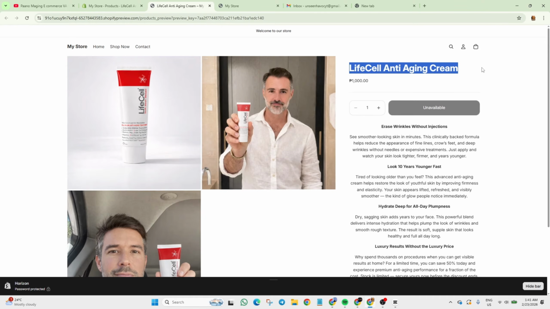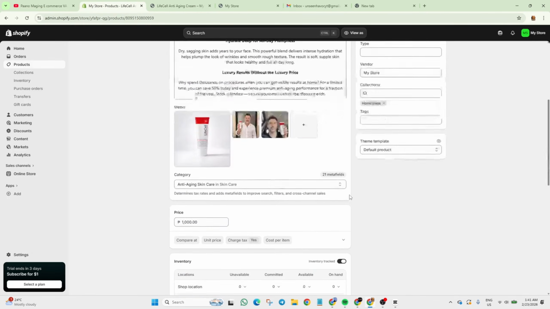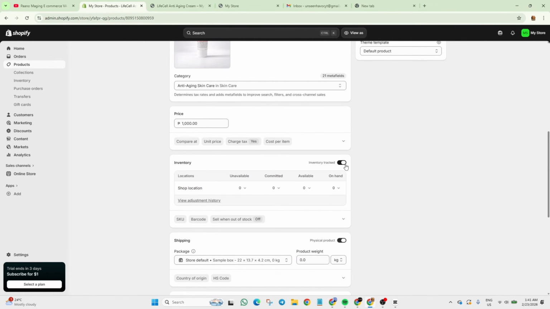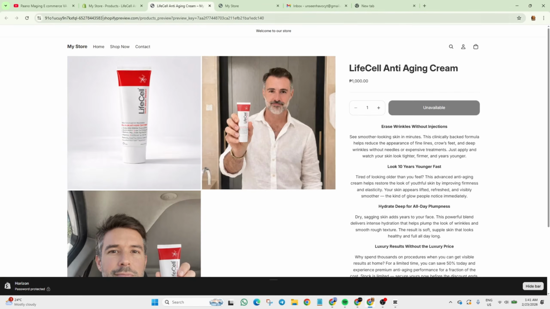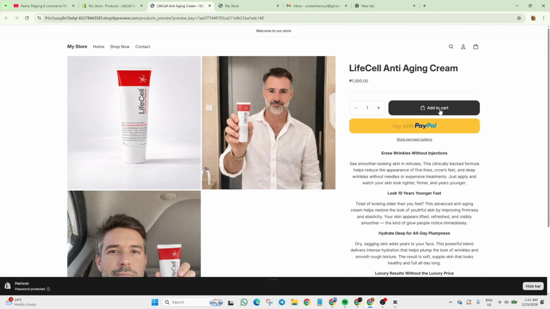So this is where you can see the title, the price. You see this says unavailable because it says here inventory is tracked. So if you click that and just save, then go back to your product. See, you can add it to cart.